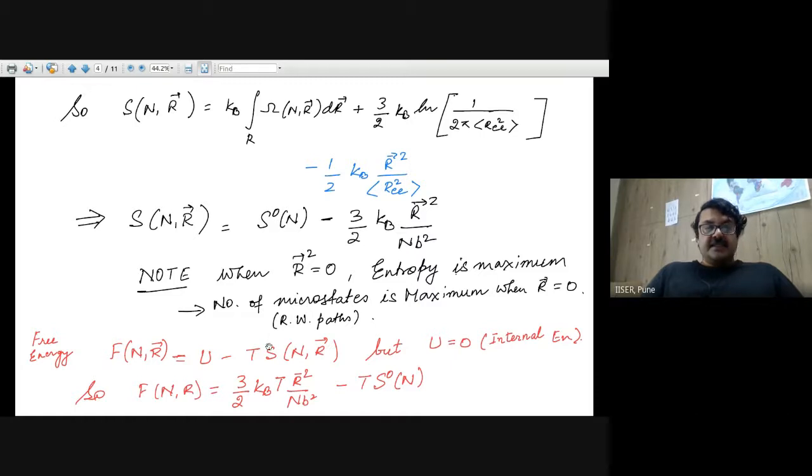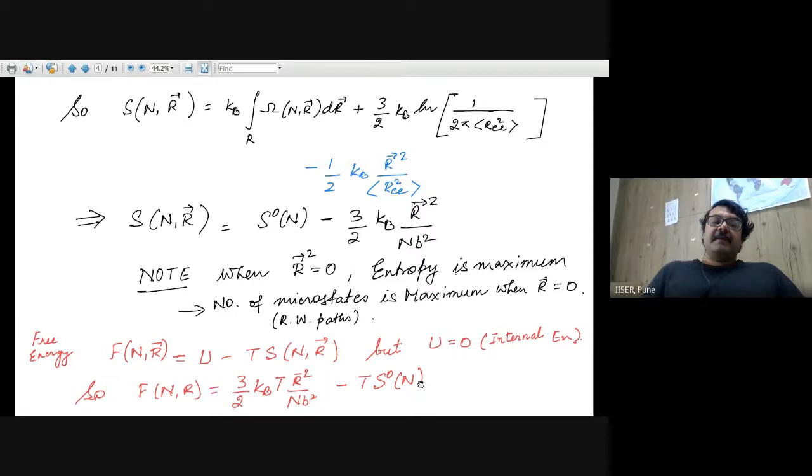So basically, if you substitute the formula here, what you get is the free energy becomes 3/2 k_B T, because the T comes here, because it's TS, times R square over n b square, minus T times a constant. It's basically some of these other terms. What does this say? It again says that if R has a finite value, if the end-to-end distance is anything but 0,